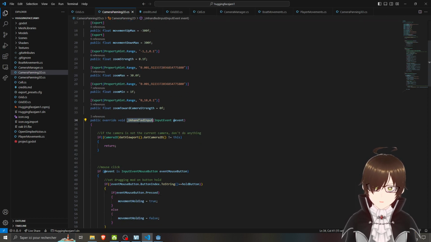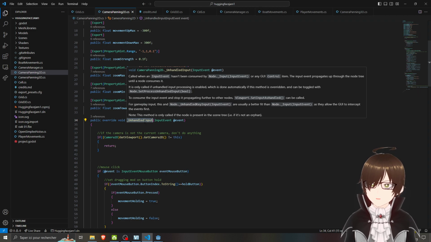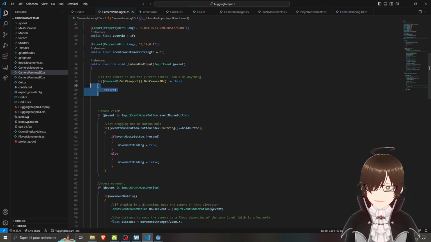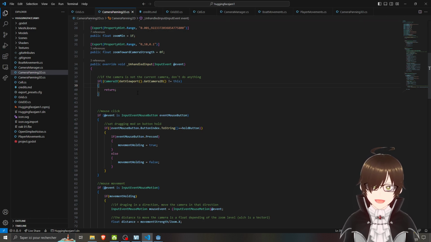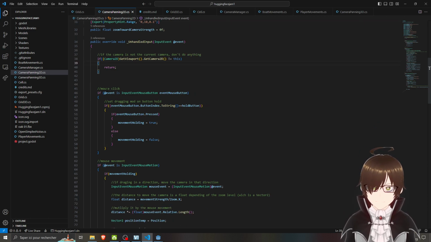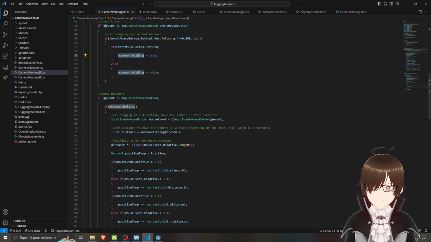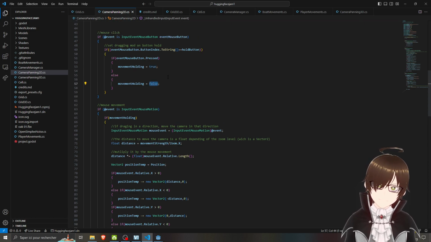I prefer to use the unhandled input rather than linking a real event to the current script, because I find it way easier. So first of all, you will need to check if the current camera is your camera. You don't want to move your camera if it's another one that you see on the screen. Next, you want to detect mouse clicks in order to set the boolean: are you currently dragging or not. Set to true when you click and false when you